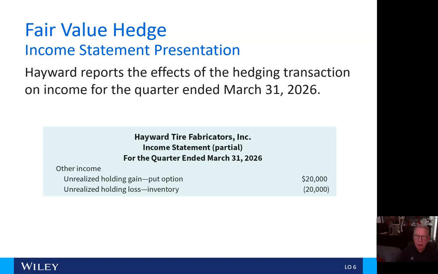Now, the income statement reports the effect of the hedging transaction on income for the quarter ending March 31, 2026. And here under other income, we have the unrealized holding gain dash put option of $20,000, and then the unrealized holding loss dash inventory of $20,000. Complicated